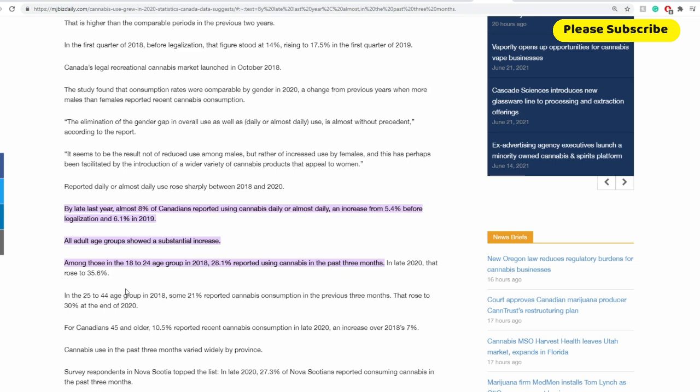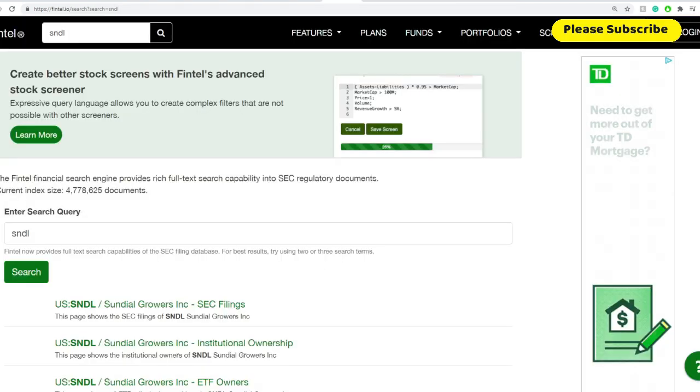Even if we start opening, you know how hard it is for someone between 18 to 24 to buy a house in Canada, especially in Ontario and BC? Yeah. So that will make them consume a lot of weed instead. So